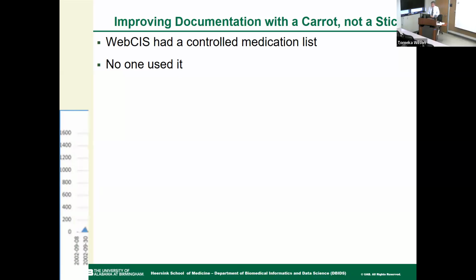So one day I went into the room where the residents are writing their notes, and I took some papers out of the printer, started signing them. They said, "Oh, what's that?" I said, "Oh, those are prescriptions." And this was, you know, before there was electronic prescribing. And they said, "Oh, how'd you do that?"